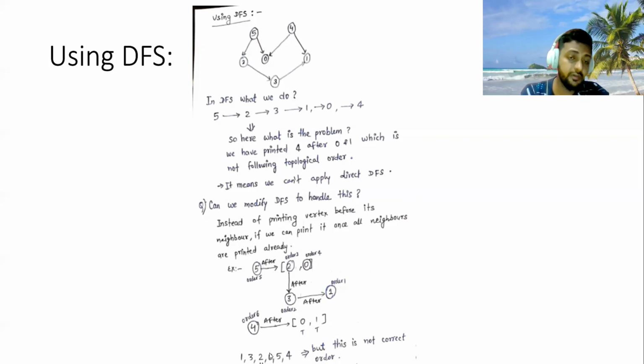So here, whatever we were doing, we were directly printing. Instead of that, you need to do the reverse of the output. And we know for reversing any input array, we can use a stack. So here, instead of printing, we will put the data into the stack. And once you pop the stack elements, you will get the reverse, which is our answer, right? Don't you think this is a very good approach? And we have handled it with the help of DFS only.